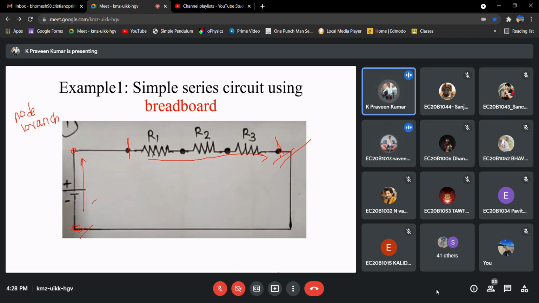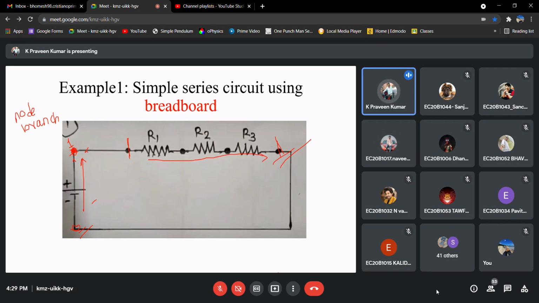Now see here, this voltage source is connected to a point. Let us say this is point 1, and this point of your resistors is also connected at point 1, right? So that means at a single point, we are connecting 2 branches. This is branch 1, and let us say this is branch 2.